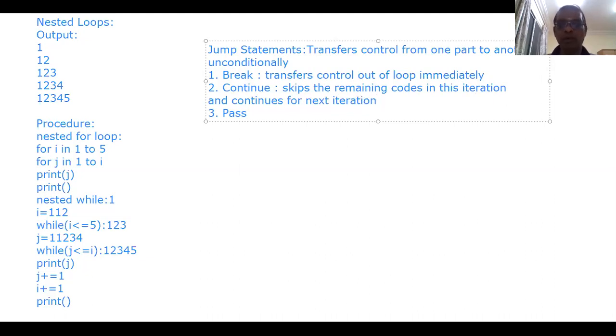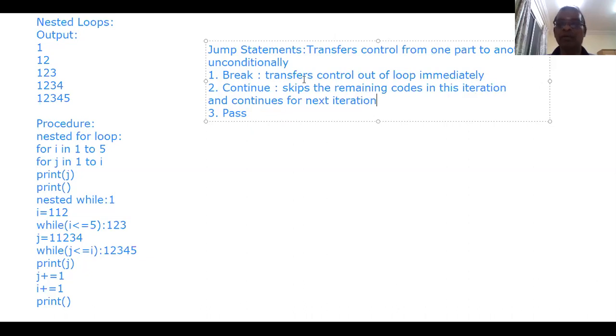Assume one loop, it may be a while loop or for loop. Normally, it will execute 10 times. So if continue is encountered in the 5th iteration, then immediately the remaining statements in the loop for that particular iteration, the 5th iteration, will be skipped. Then it executes the 6th, 7th, 8th, 9th iteration.